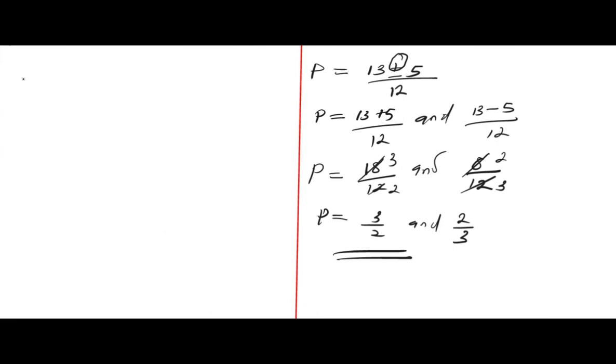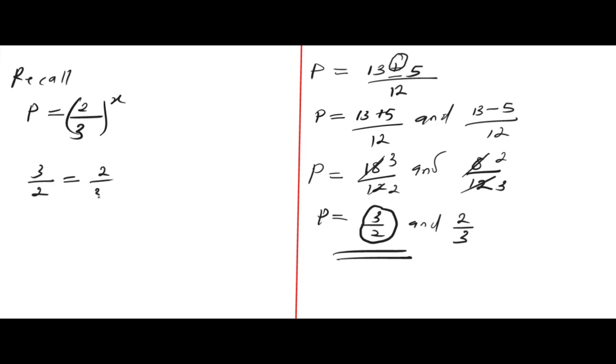So let's continue on this part of the board and recall that we set p to be 2 over 3 all raised to the power of x. Okay, so this is our p. So if we consider this first value of p, you're gonna have 3 over 2 equals 2 over 3 raised to the power of x. Okay, so if you notice, this is just the inverse of 2 over 3. So if you have 1 all over 3 over 2, this is equivalent to 2 over 3 all raised to the power of x. Okay,